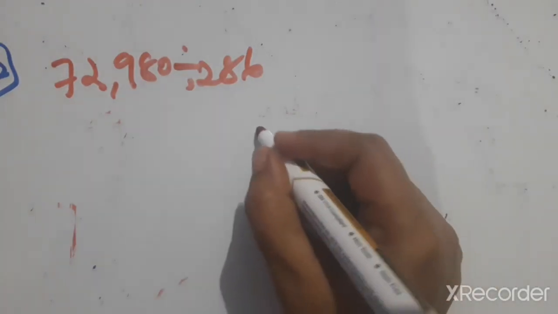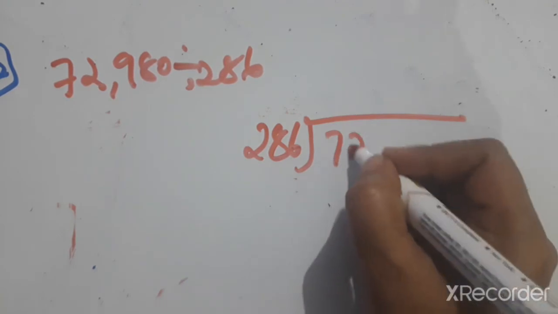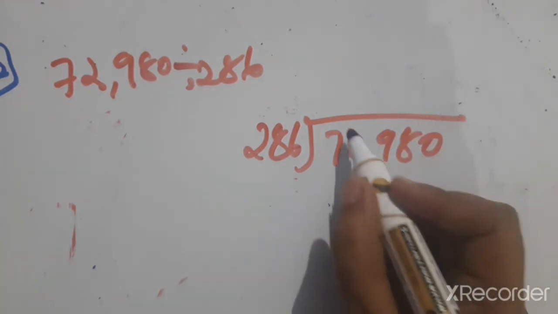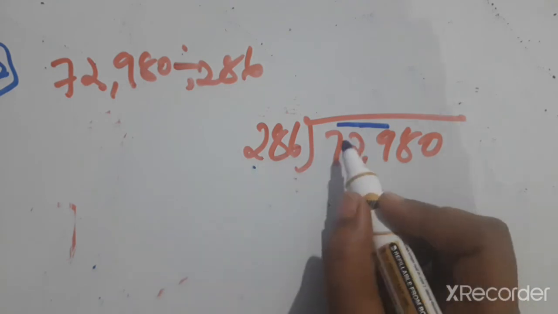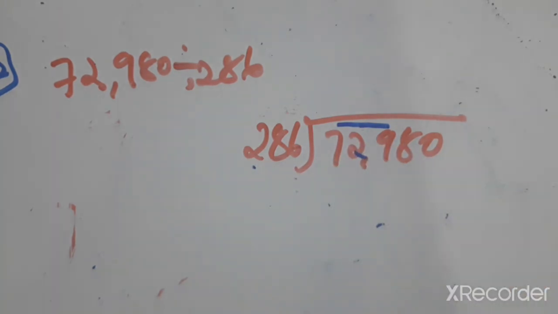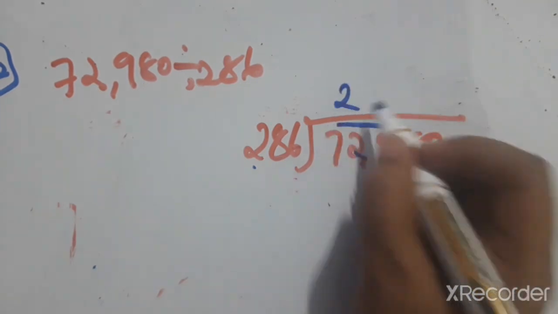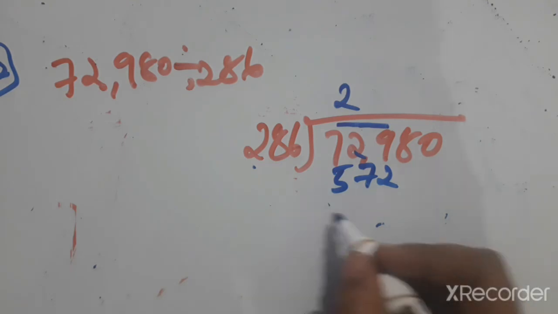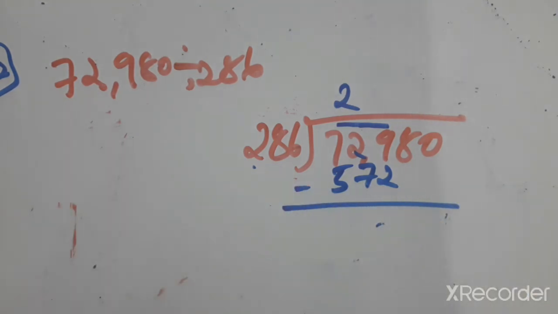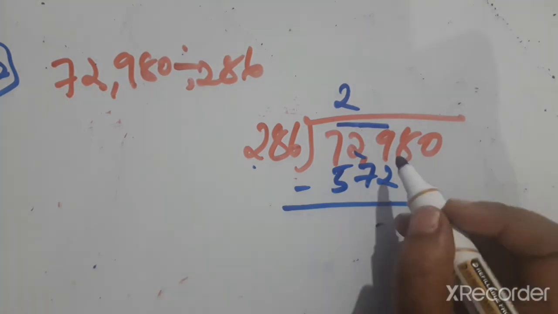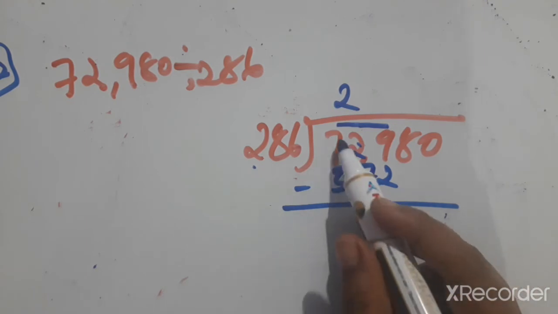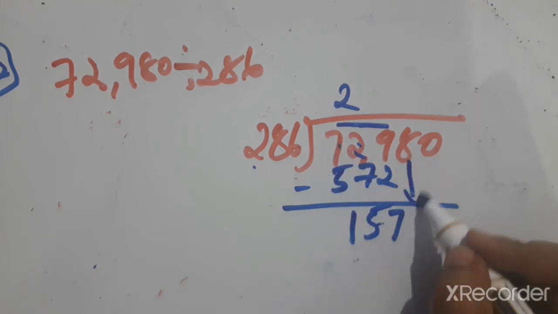Now the next number, 28,680 divided by 72 is the 12th question. Okay, now we can't take 2 digits. 72 is less than 286, so we take 3 digits, 286. 72 times 2 is the nearest one, that is 144, 72 times 4 is 288... Multiply and check, children, otherwise write the tables. Multiply and write the tables on the side. 9 minus 2 is 7. 12 minus 7 is 5. 6 minus 5 is 1. Now bring one number, that is 8.